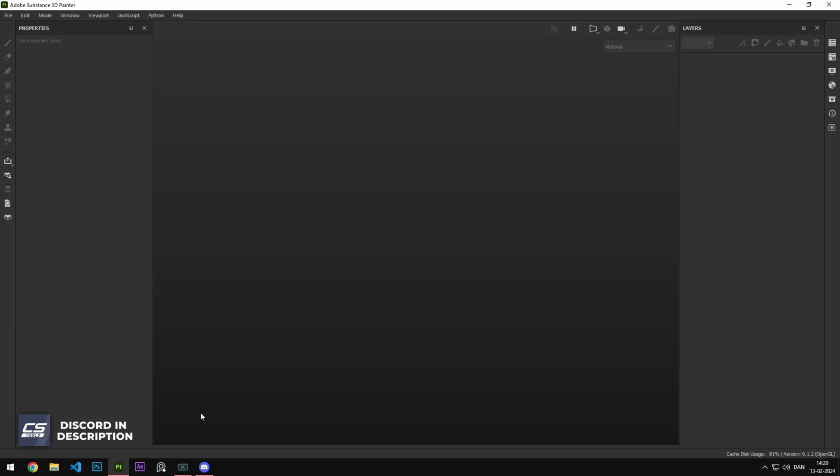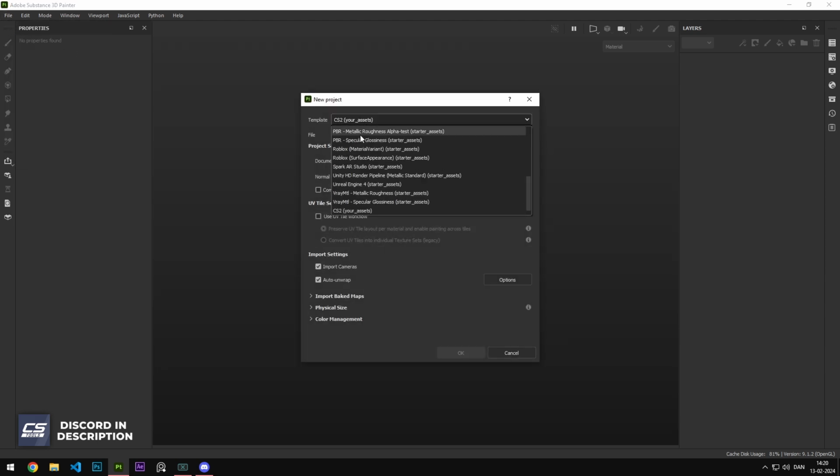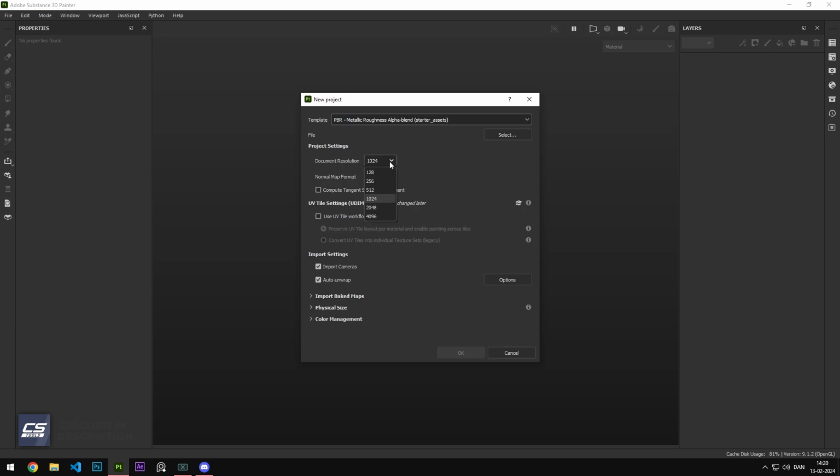So what you're gonna do when you have Substance Painter open is make a new project. I already have my CS2 one, but let's just make a new one. I would take one of these, the PBR metallic roughness ones, because that's what you're mainly gonna be working in. With the new PBR textures on Counter-Strike, we mostly work in metallic roughness values now, because we have a roughness map and a metallic map we can use as a material mask. So what you want to do is choose metallic roughness,